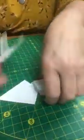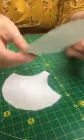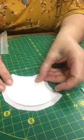This is the clamshell one. And here we go. Okay, so here is a clamshell fabric that I've cut out a little bit bigger than the template piece, the cardboard, I guess, for lack of a better word. So here's the cardboard piece. So what you do is, I'm going to tilt you down here. Okay. So what you're going to do with that is set the cardboard on top,